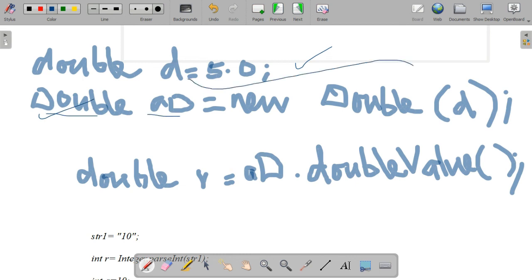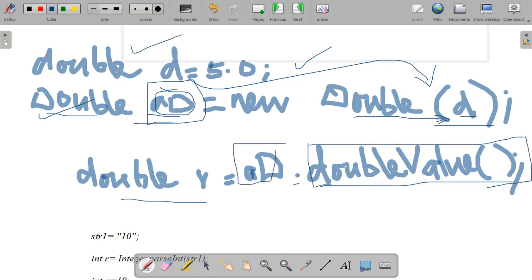And how to access that value from the wrapper class? Double, the object name AD, dot a particular method for accessing the value stored in that object. Which one is that? AD dot doubleValue of.